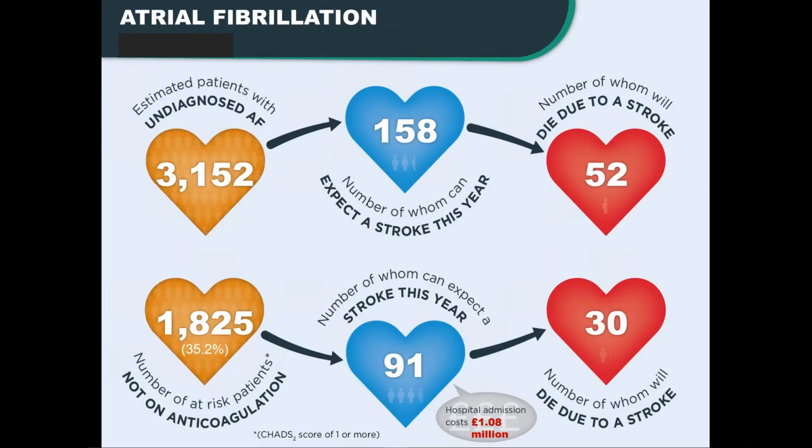This is the first attempt that we had at doing data visualization, which is now 4 years old. We wanted to make the case within clinical commissioning groups as to why they should prioritize atrial fibrillation. On this slide, we show those diagnosed with AF, the number undiagnosed, the number who would expect to have a stroke, and the number of people who die due to a stroke. At the bottom we highlight those who are not on anticoagulation, how many of those would have a stroke each year, and how many would expect to die each year, and also hospital admission costs. And if you go on to the next slide,